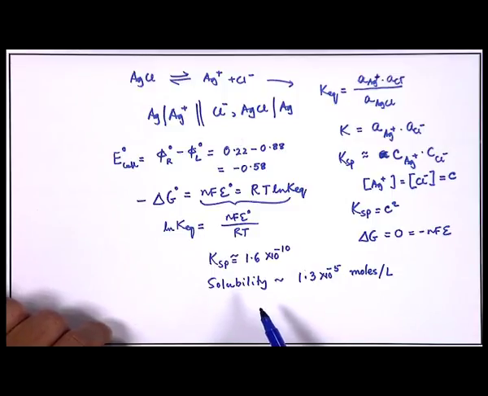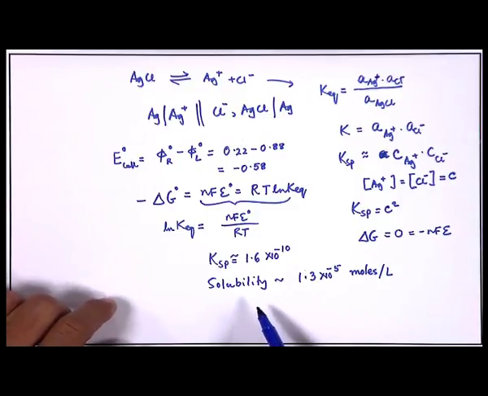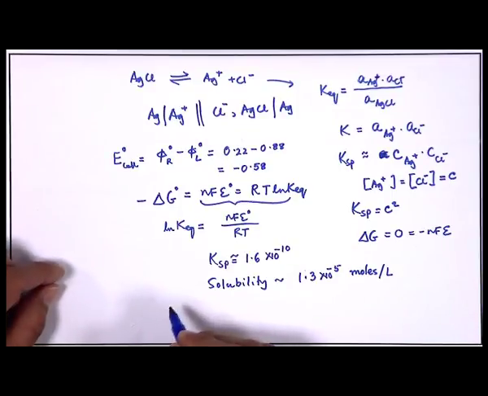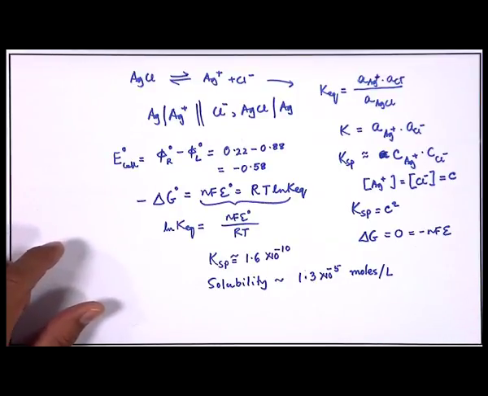So, at equilibrium cell potential will be equal to 0, because delta G at equilibrium is 0. So, therefore, cell potential equal to 0 means if you plug in 0 for the left hand side on this Nernst equation, like this one,